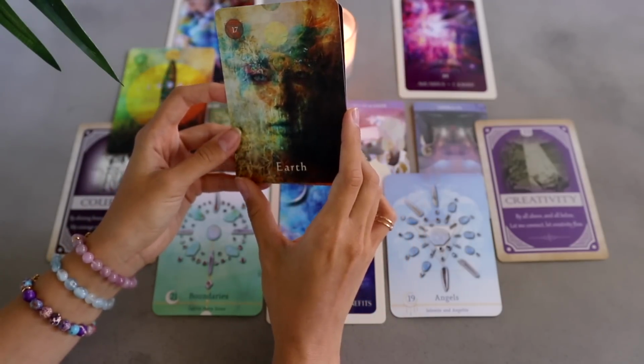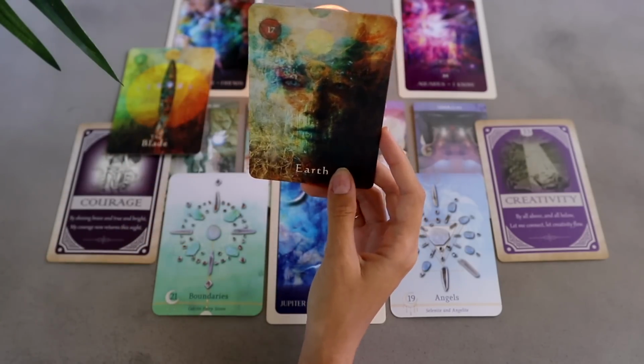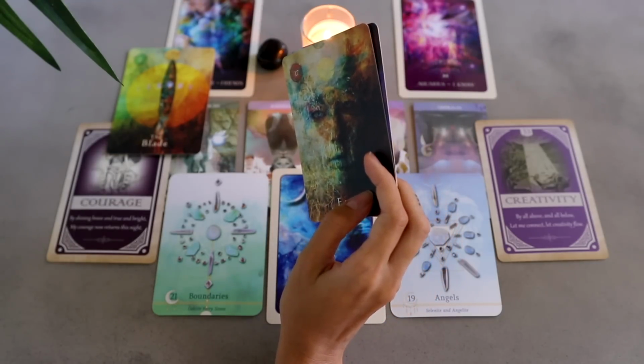So this card also deals with, again, our material things. You guys are master manifestors, especially in the material world. So if you ever want something more material, you're very good at getting it. And I also feel like you guys are here